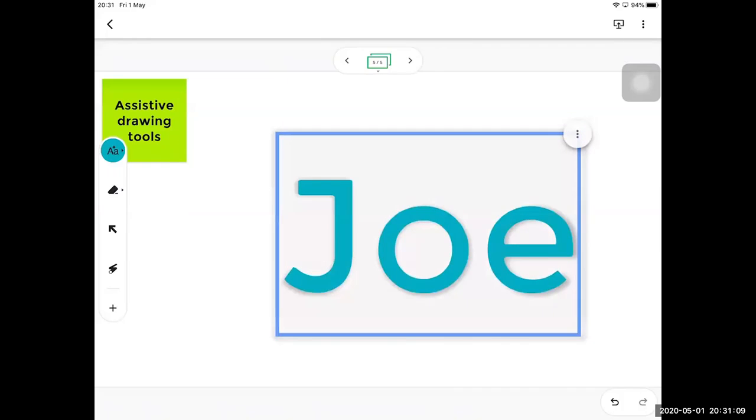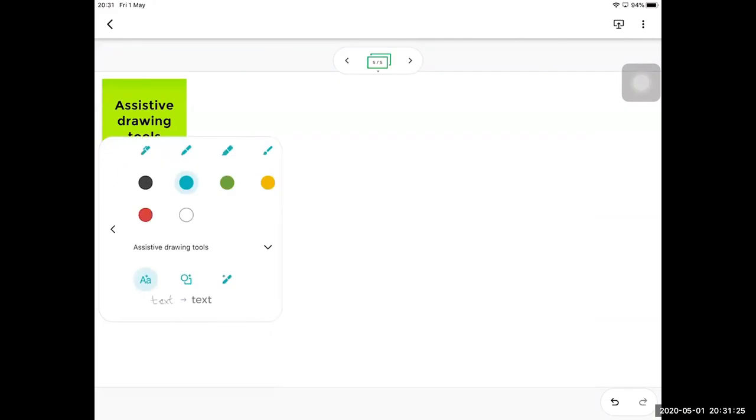Now, before you get too excited, I've tried this in a different language and it doesn't work, which it must be able to for obvious reasons. But when I've tried it today, I've not been able to get it to work, which has been very annoying. But never mind. If I now tap delete and I tap on this again,